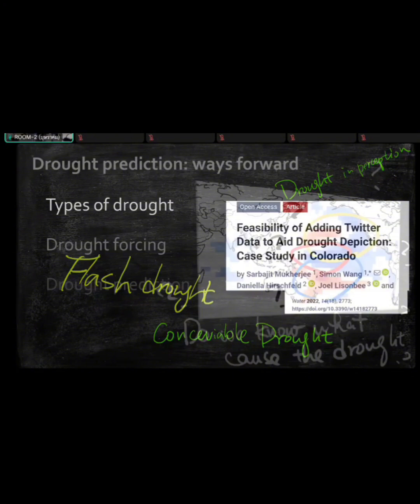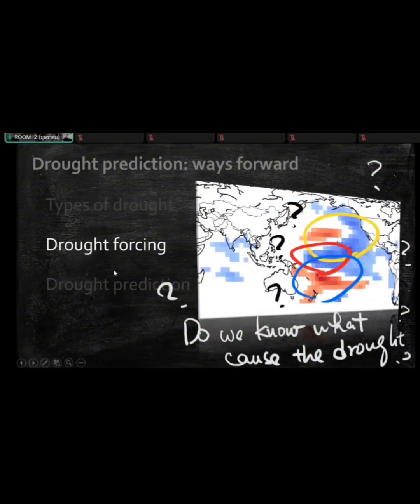The next thing is pure meteorological diagnostic study, drought forcing. Now, I just explained that this simple correlation pattern in the Pacific Ocean already consists of 3 known patterns in the literature. Which one contributes the most? Which one is more important? Or how do we capture these 3 altogether? Because the 3, even though they are correlated, are not the same.